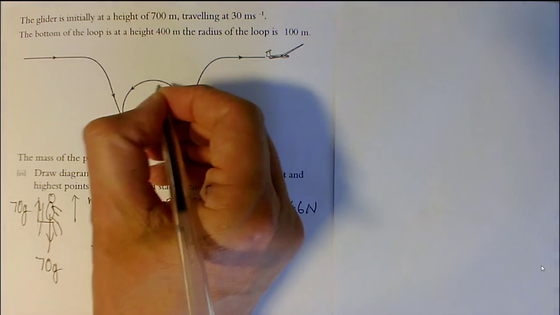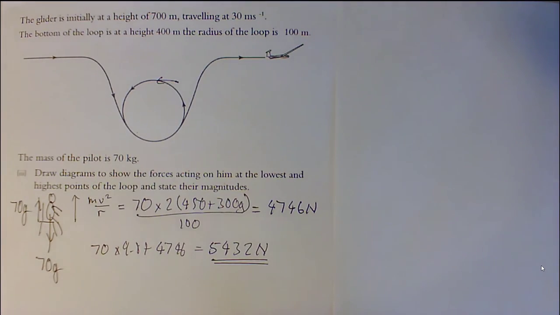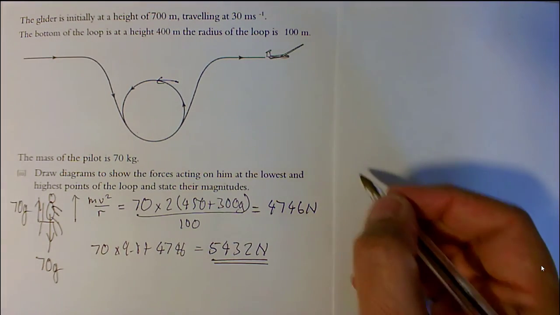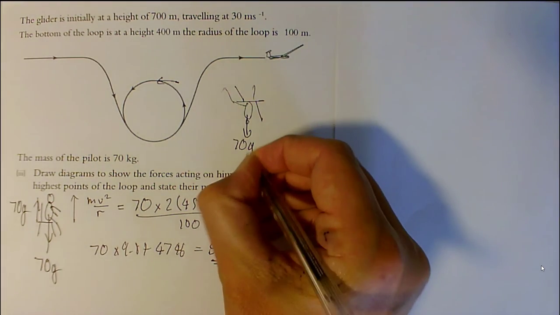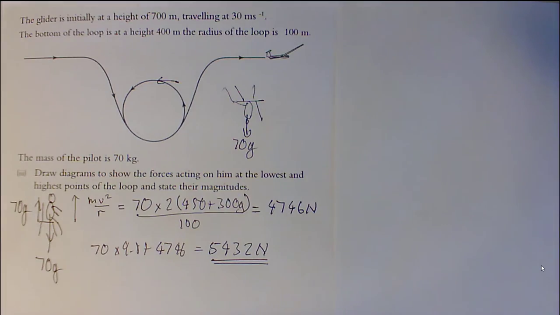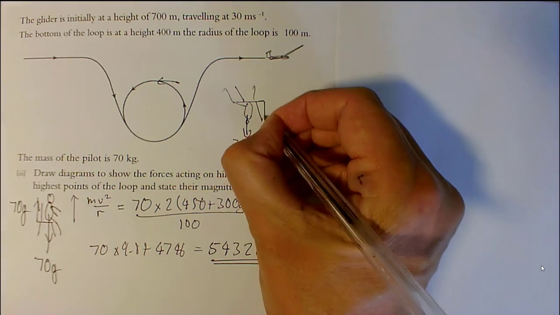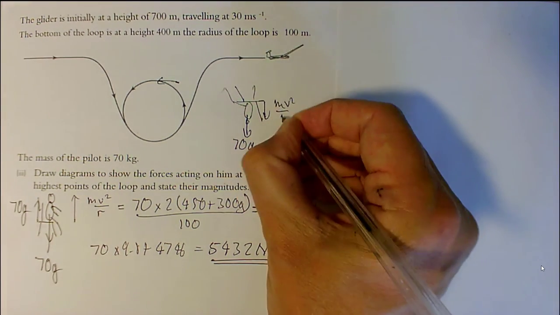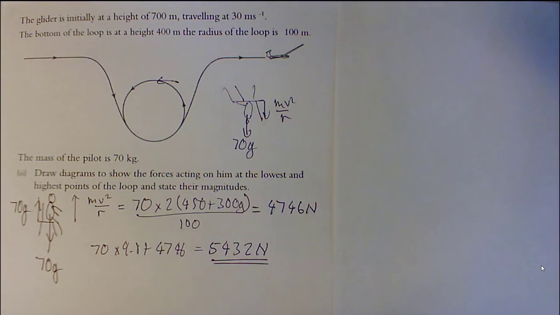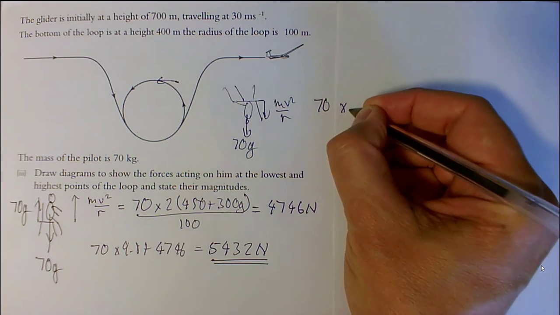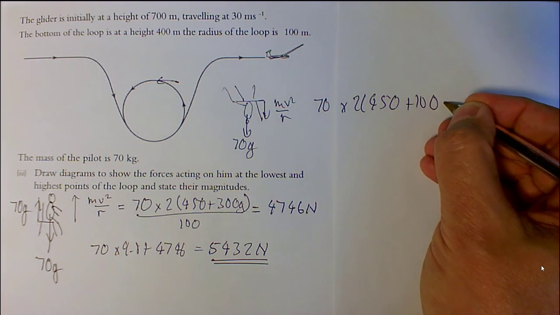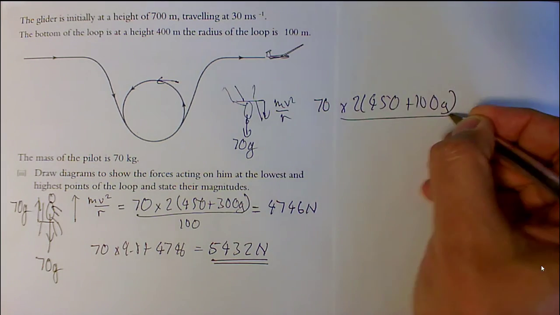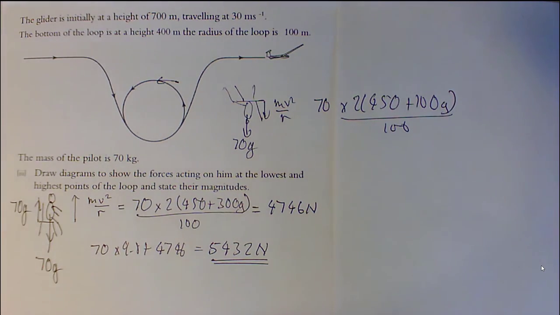If we now move to the other bit of the loop, that's up here. So now the pilot is upside down. So let's just figure out what's going on here. This time we have our weight of 70g tending to pull him off the seat. Meanwhile, the mv squared over r bit is going to be 70 times 2 times (450 plus 100g) over 100, which comes out as